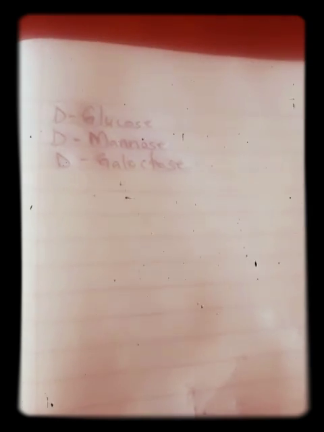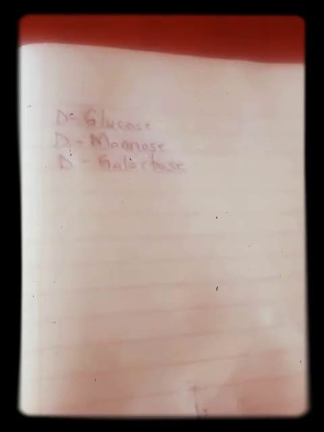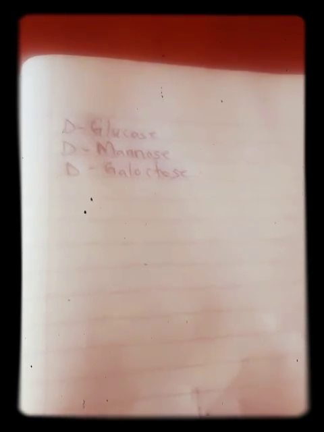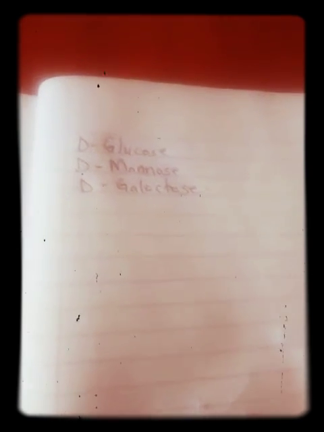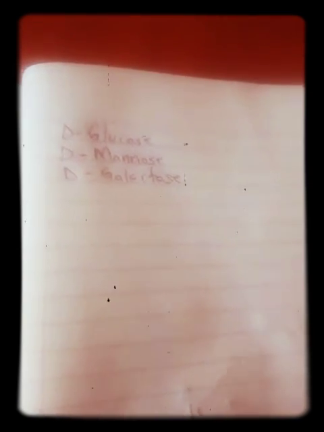So today we are going to learn how to draw some of the monosaccharides from the Fischer form to the Haworth form. So I've listed a few of the monosaccharides that we know, and we are going to see how they are written from the Fischer to the Haworth form. So let's start with D-glucose,